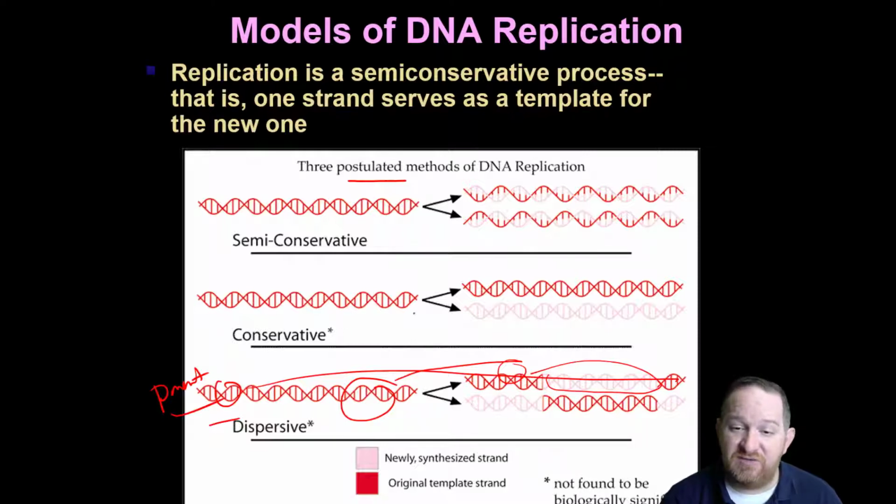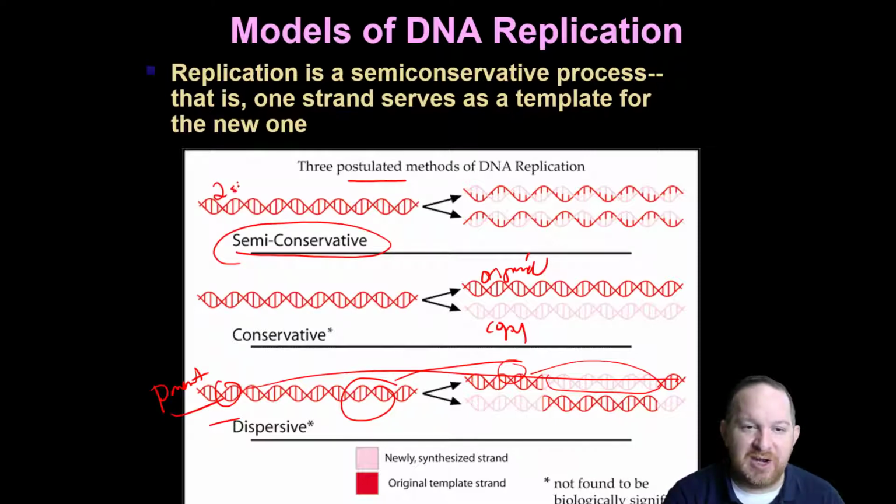A conservative method would say one strand is just basically copied, like you have the original, but then you have a copy, sort of like going to a copy machine, and you get a brand new copy with all new nucleotides. Then there was the semi-conservative method, meaning that because there's two strands in this parent,